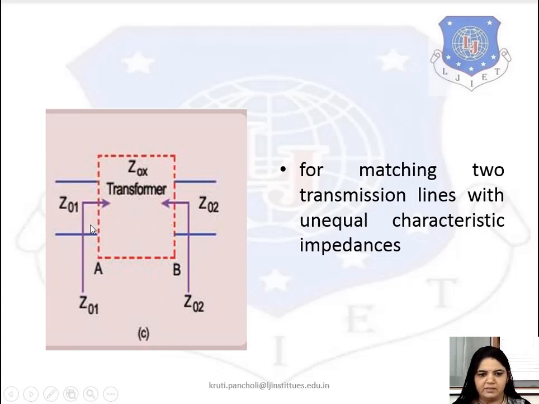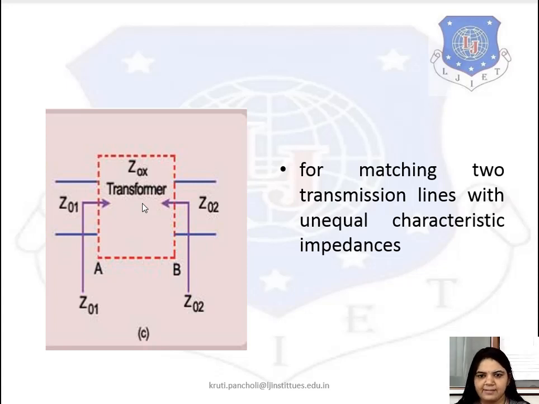From this point the characteristic impedance is Z01, and here it is Z02. To match the impedance between the two transmission lines, the quarter wavelength transformer can be used. By matching the impedance, we get no standing wave and no reflection